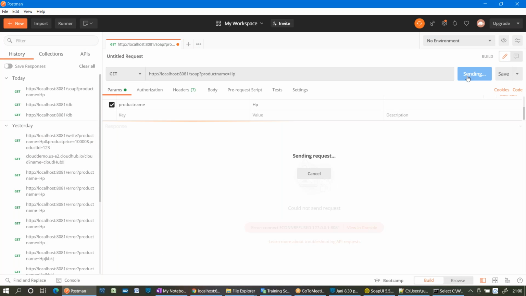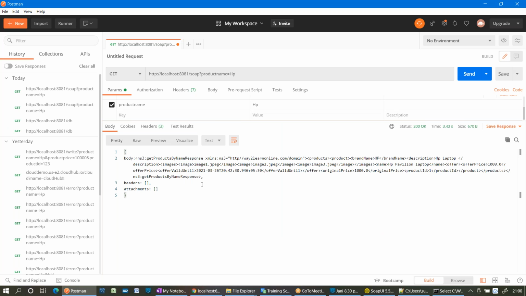Can I give a request now? What is the output you are able to see? One second. What is the output you are able to see? What is the format? No, XML will start with the syntax. It's a JSON object. This is the key, and this is the value. What is the value? What is the format of the value?